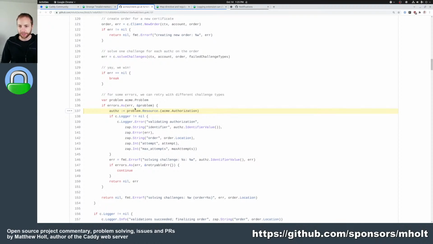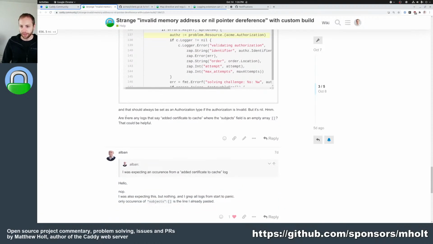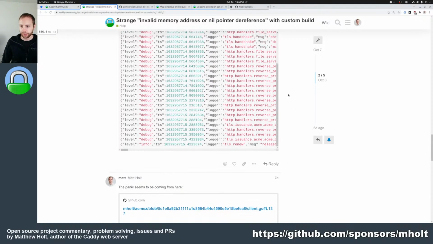Well, I thought, okay, that's weird. So I guess Let's Encrypt is always filling out the problem field. And it typically happens for authorization errors, and so this is probably an assumption I'm making that I shouldn't be. But there's also this case where